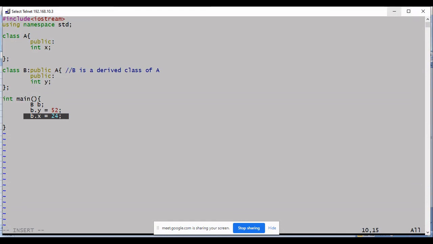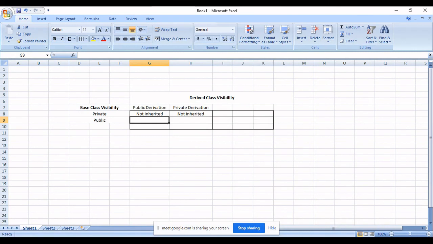It can be inherited. Yes, definitely. And is it private now, or what kind of member it is? Public. Good. So if there is public member data in the base class and you are deriving it using public keyword, then that is public in your derived class as well. It will be treated as public member data of the derived class.